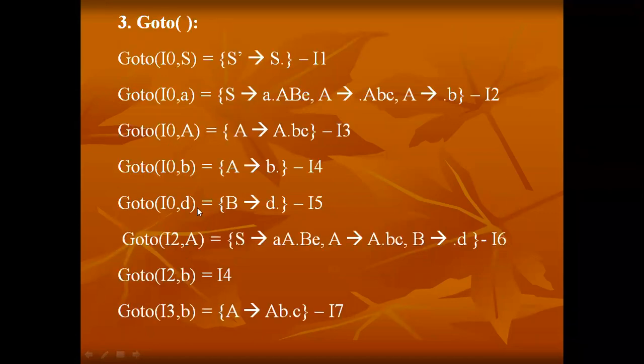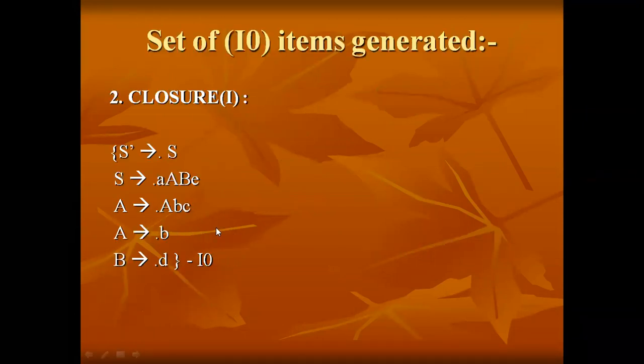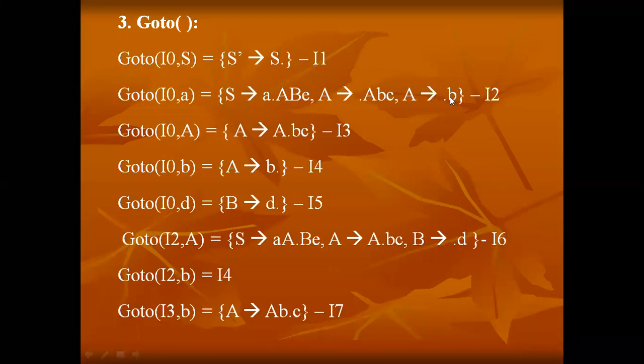And we should not process the dot forward. Just write down as it is from the I naught. Write down the rules of A as it is from the I naught. No need to change those. Here we perform the goto function only for the terminal itself, for the small a itself. We're not performing it for the capital A and B, right?